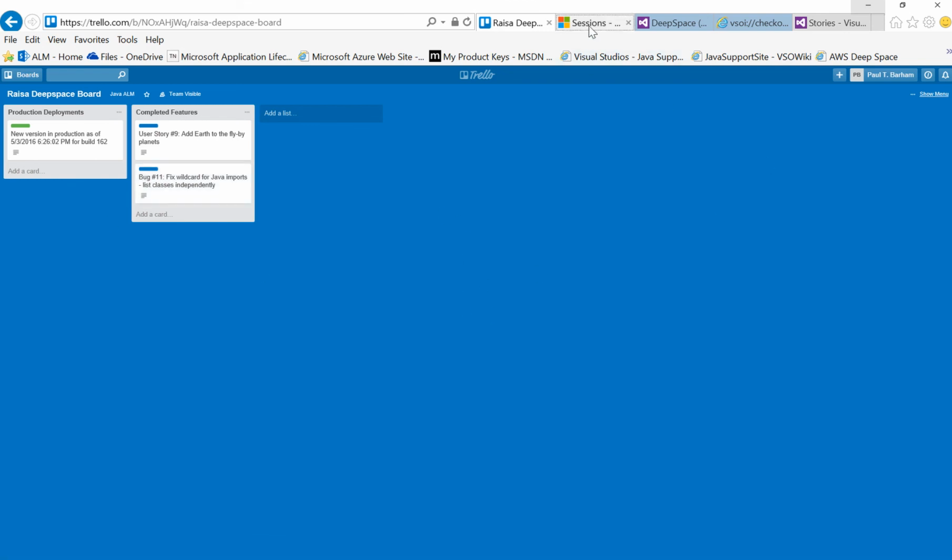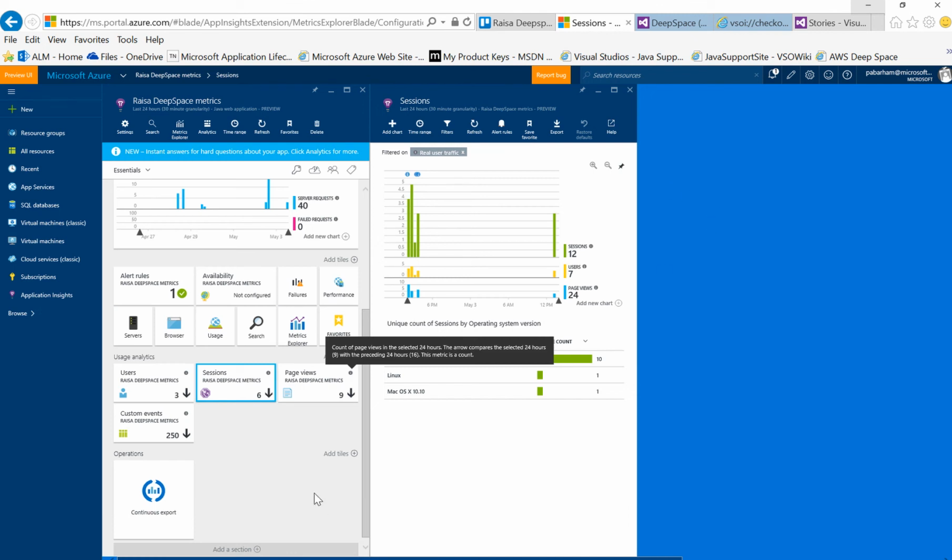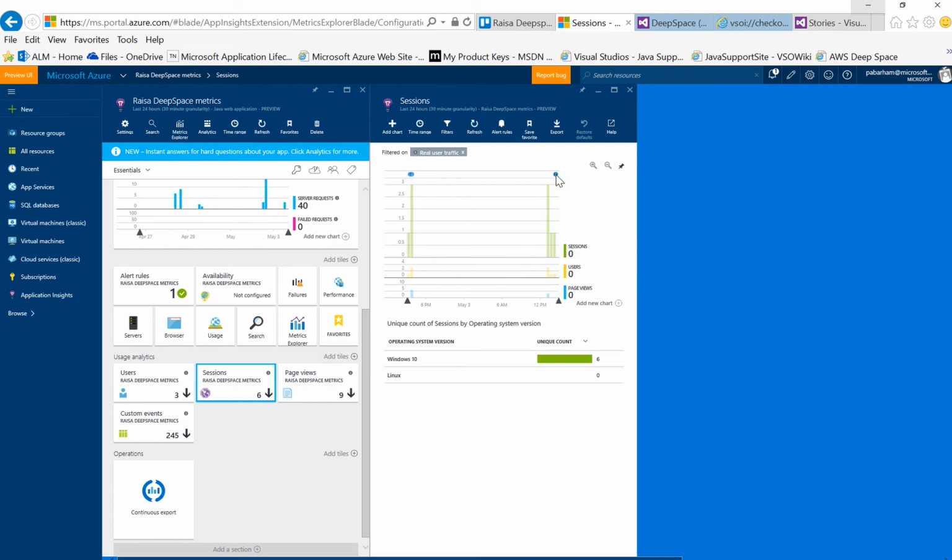So if I go to my metrics now, and if I refresh my metrics, we should see this little icon right here, this blue one. If I hover over it, it'll say that release 146 occurred on May 3rd, 2016 at 2:27 p.m. Eastern Standard Time. So if my metrics were to start going downhill or start doing some unpredictable results, I could trace it back to the actual